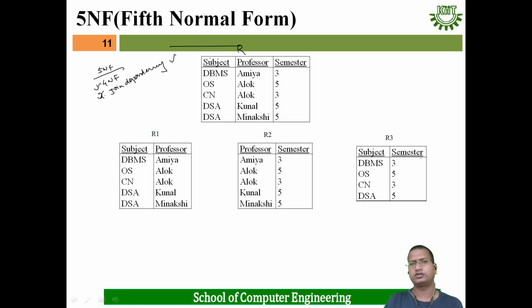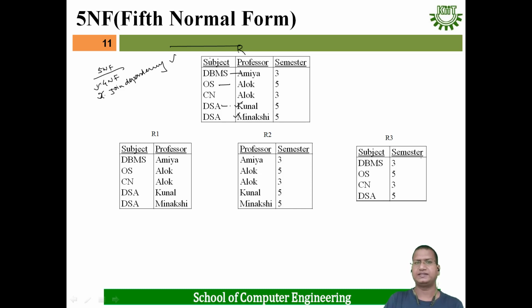Here, what are the functional dependencies present in this case? Suppose here the DBMS subject is related with a professor. Suppose one subject OS, one subject DSA. DSA can have multiple values in this attribute. That means one to many. That means multi-value dependency is present here.